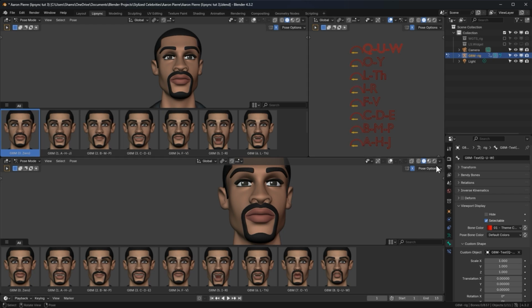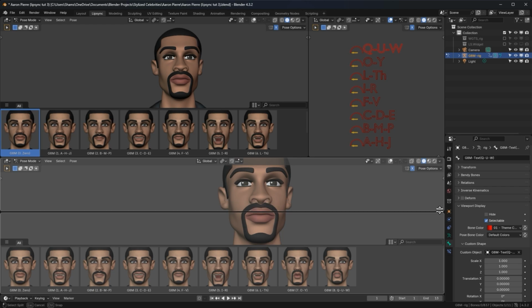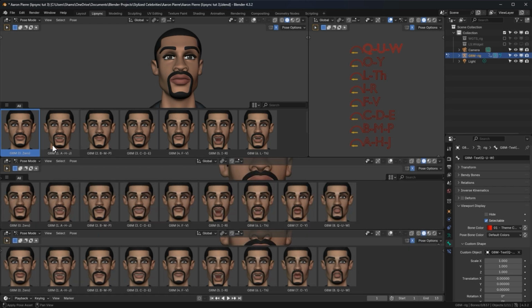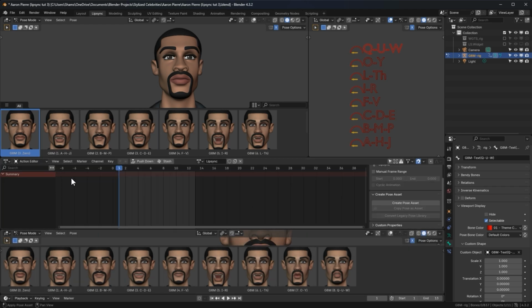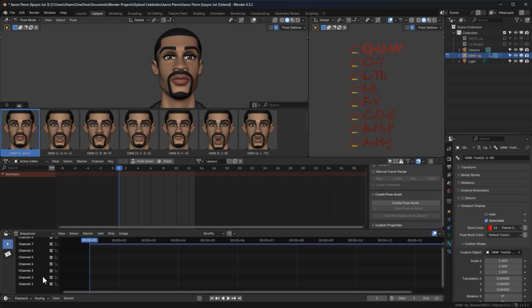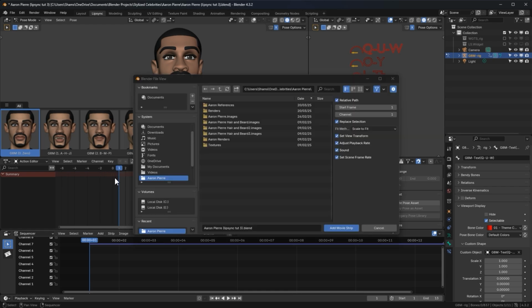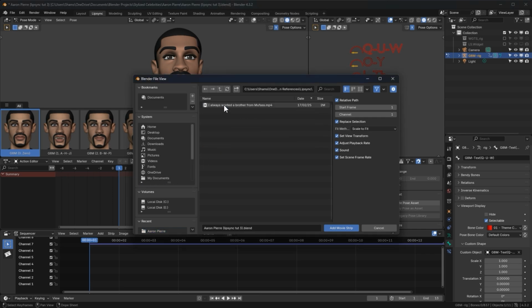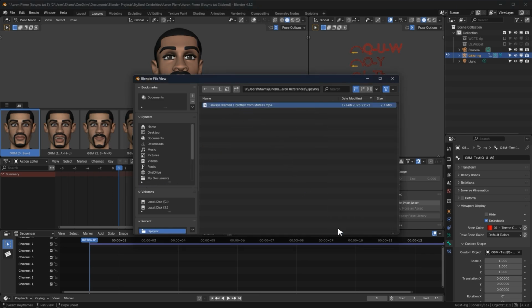Now for the viewport at the bottom, I'm also going to split it into two. The top one I will change to the dope sheet. Make sure you set this to the action editor. Now I'll change the lower section to the video sequencer, which is where we'll bring in the audio for the lip sync. Now to import the audio file, you can press Shift A or go to the add menu here and then select sound or movie depending on what your file is. Mine is a movie, so I'll select that and then locate the file. I'll go ahead and add that.